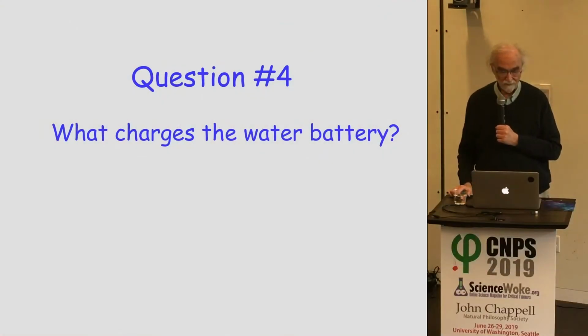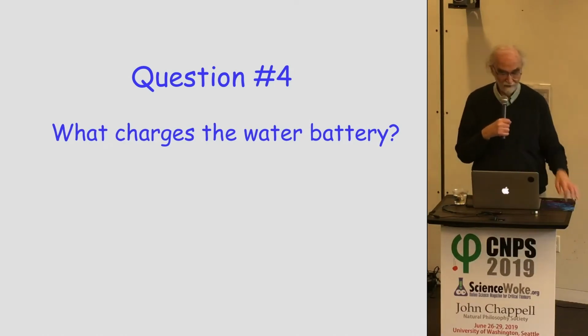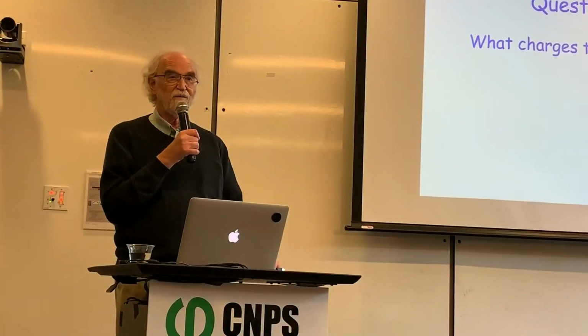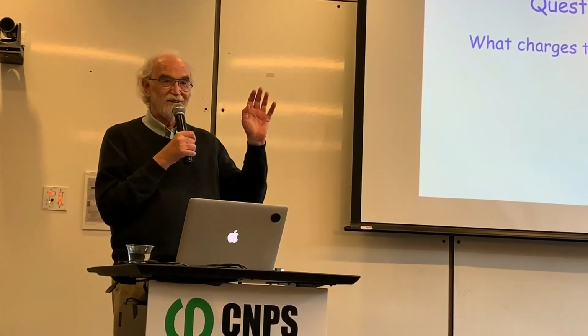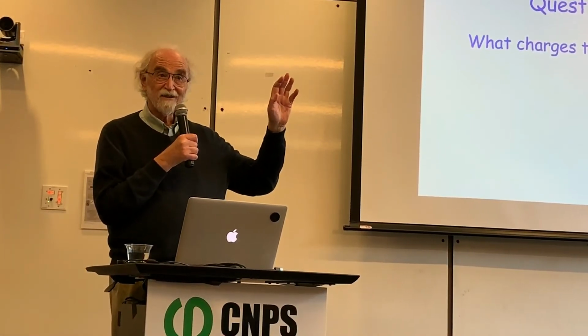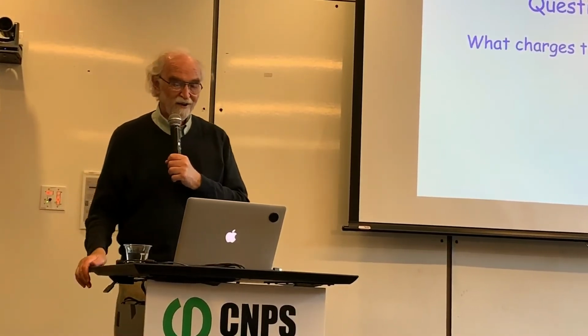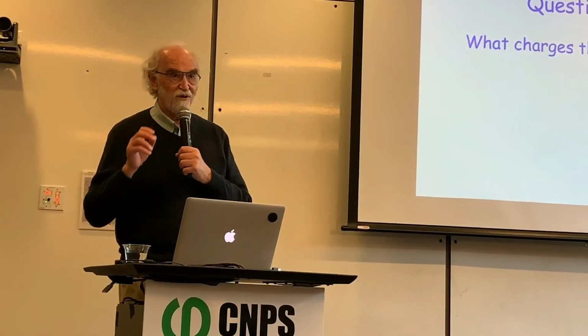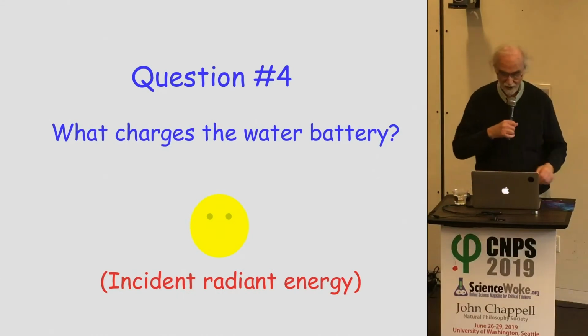Well, I'll tell you the experiment that was done, but first of all, I asked this question. I was giving a class, telling them about some of our findings, and I asked the class, where does the energy come from? And of course, there were a lot of blank stares, and one student tentatively raises his hand, and he says, light? And I quickly hired this student to work in the laboratory. He was great. He got what we found to be the correct answer. It's incident radiant energy.